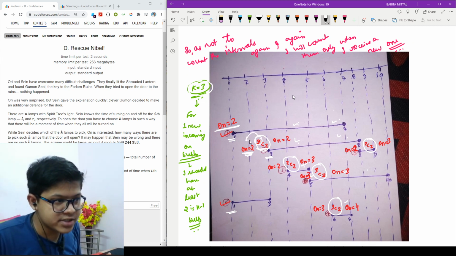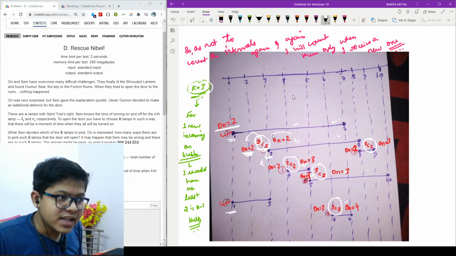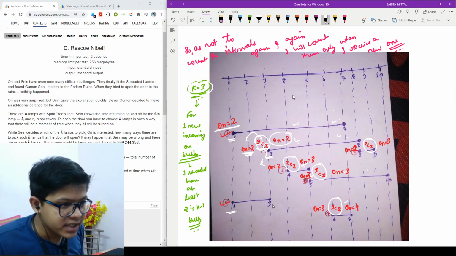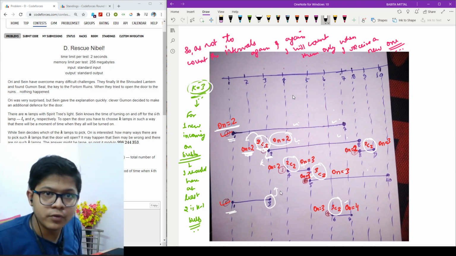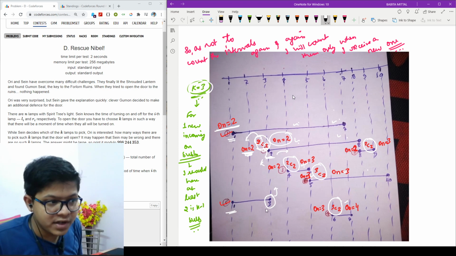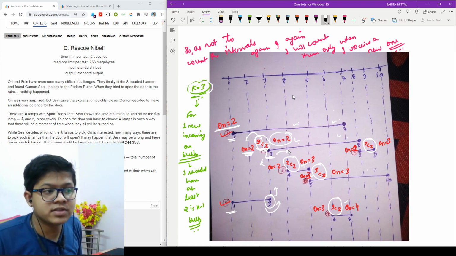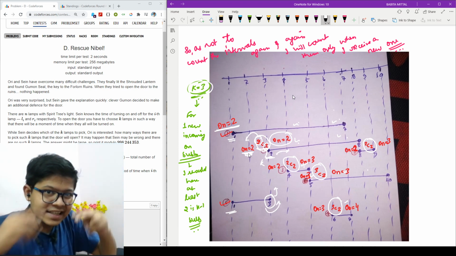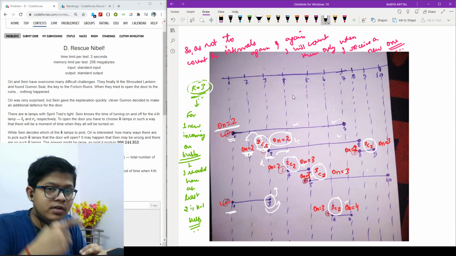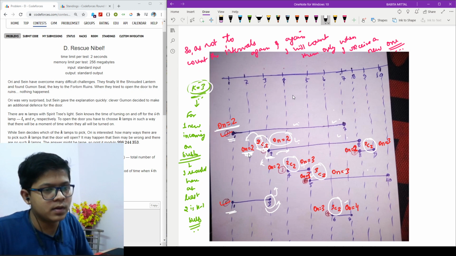Here is the 2, and the 2 is the k right here, right? And now my on state is 2. Why 2? Here the 3 was removed, right? And here a new interval was added. So one interval was removed and one interval was added. So on was increased by 1 and then decreased by 1. Sorry, firstly on was decreased by 1 and then increased by 1.